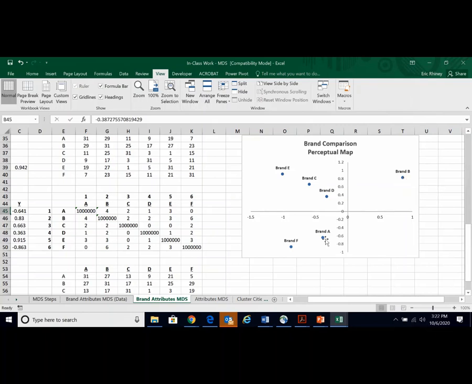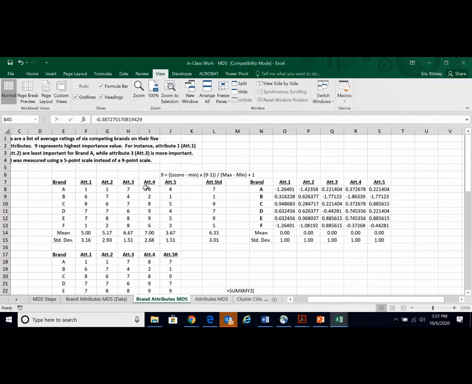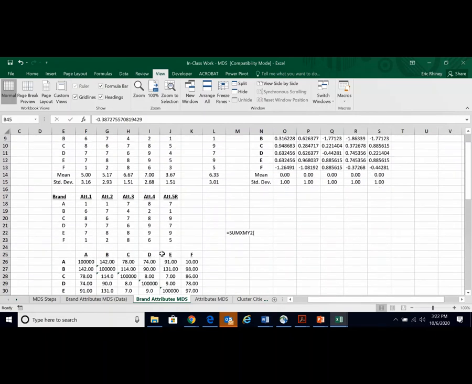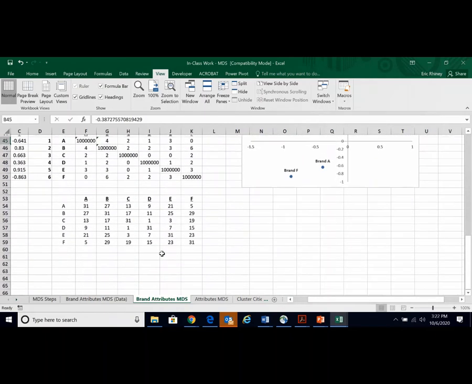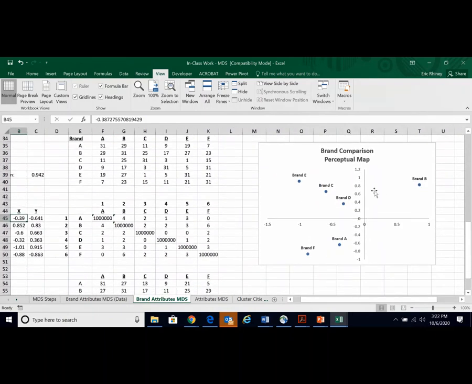Or, if we're brand A, or basically brand maybe C or E, and we wanted to go to some blue ocean, what does that actually mean for us to move from here to here? Which one of these attributes do we need to make sure we're doing a better job of instilling that it's important, it's part of our brand? So those are some of the things that are kind of difficult to interpret in terms of how you might